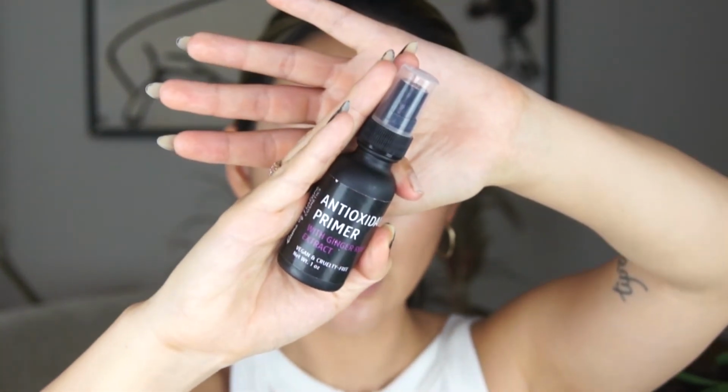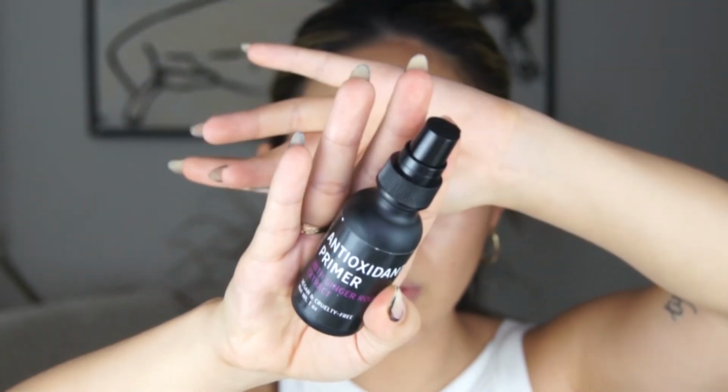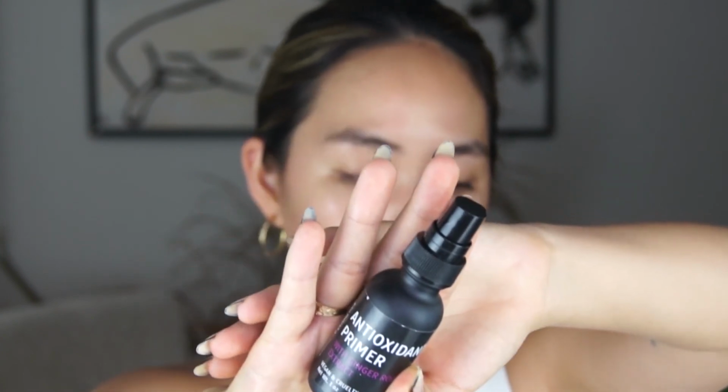The next product I'm gonna go into is the antioxidants primer from Laws of Nature Cosmetics. So this is, I believe, a natural brand. I'm not completely sure, but they are cruelty-free vegan. The Law of Nature antioxidant primer has ginger root and aloe for a soothing and moisturizing kind of primer. It is $18, and it's kind of a gel, and it really feels like aloe to me. So I'm gonna put that everywhere else where the oil kind of didn't go,